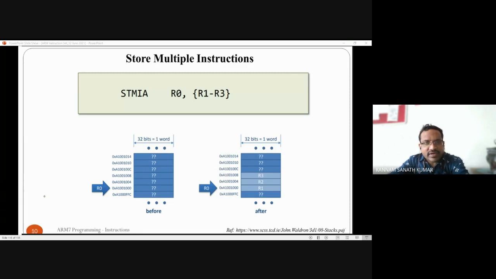Because when it is coming back from supervisor to user mode, the processor should remember the content of the CPSR. It should get the return address from the link register, and parallelly it should get the content of the CPSR register which it used previously. So whatever the content of the CPSR is, it will be stored in the SPSR. SPSR is nothing but the saved program status register.